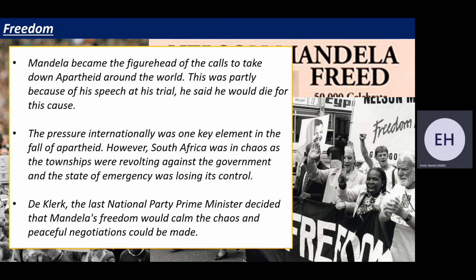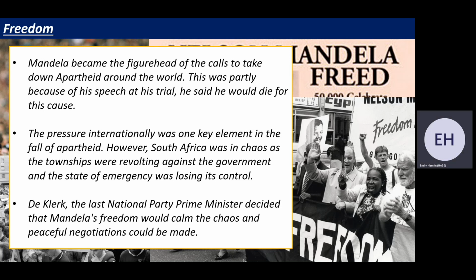So to end, to ensure we know how this story will end: in 1994, Mandela becomes the figurehead of the call to take down apartheid around the world, partly because of his involvement in things like the Freedom Charter and his involvement of what is inscribed at the bottom of those cells below the docks of the trial. It's also partly to do with the speech, the document that I've just showed you there on the left-hand side on the slide before this. He says he's happy to die for this cause. The government are terrified of making him a martyr, so can't let him die for this cause.